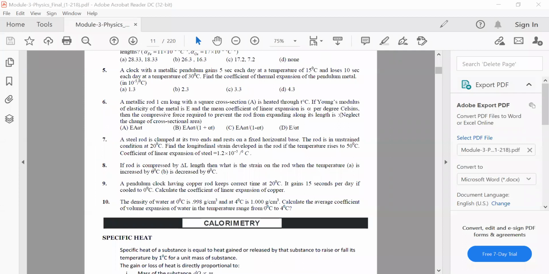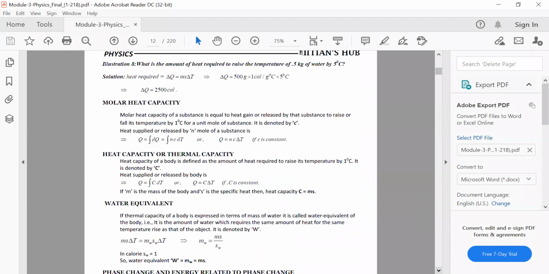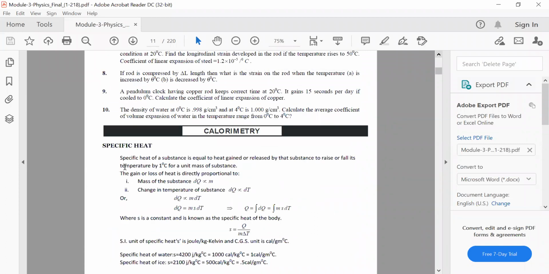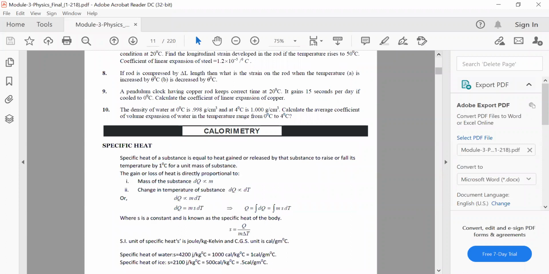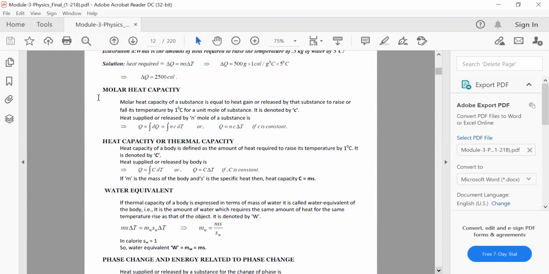Then the second part of our heat and thermodynamics portion, which is calorimetry. As you had seen in that, we discussed specific heat capacity. So that starts with that concept over here. We had discussed specific heat capacity along with latent heat, but here it starts with specific heat capacity. And there's also the concept of molar heat capacity. You can leave this out for the moment because we'll be discussing this in the first law anyway.